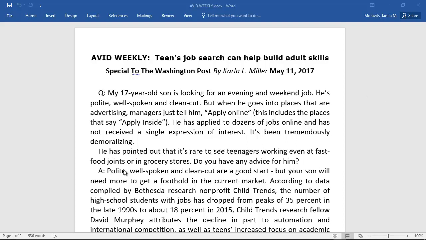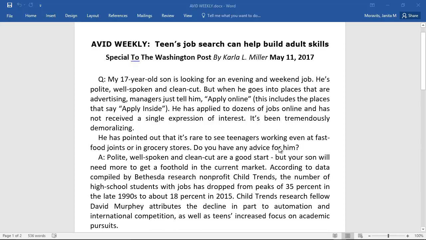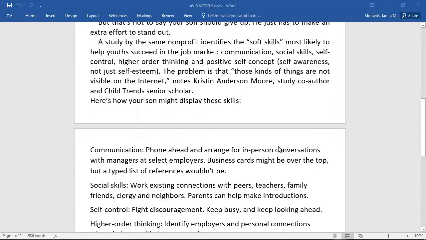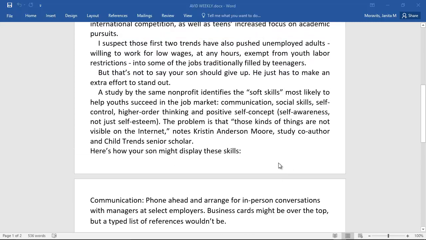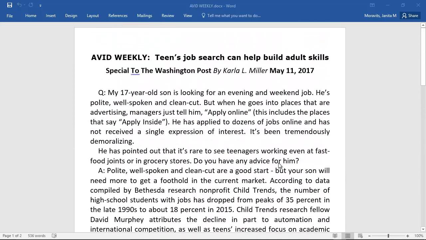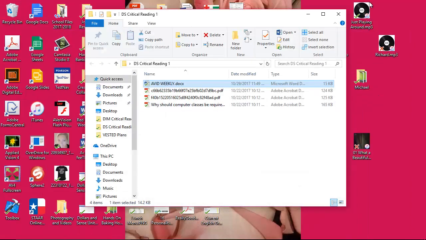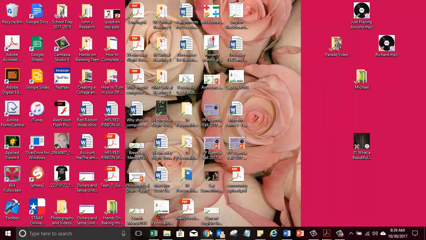What we're going to do today is take a look at an article and do some critical reading. I'll give you some strategies you can use when you're reading to help you weed through the stuff that doesn't matter and get to the good stuff in the article, so that you get what you need out of it. We're going to start by looking in your email